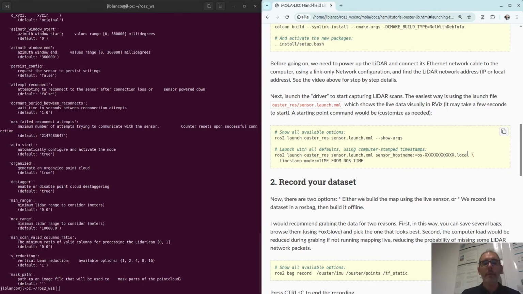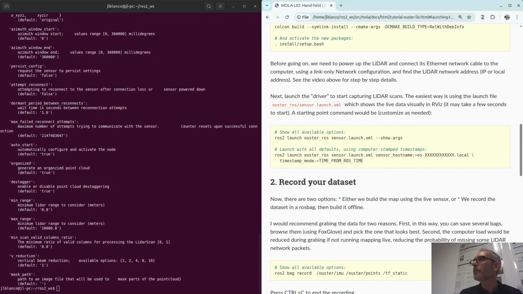Because right now in your robot or in your computer you have the network adapter configured to use internet by accessing some cable internet connection or Wi-Fi or whatever. Here we don't want that. We want just to talk to this sensor which is in a point-to-point connection. So that's a different kind of IP configuration.